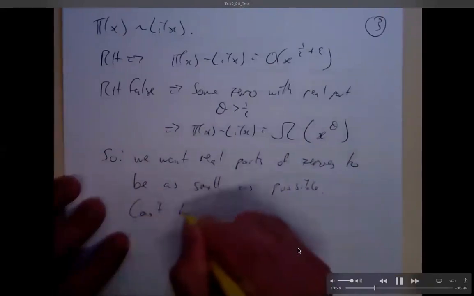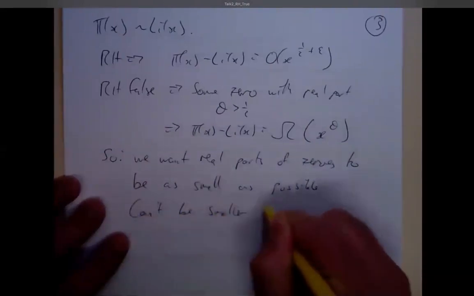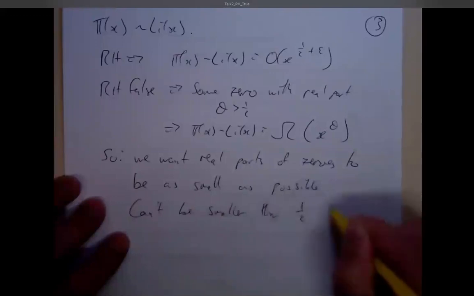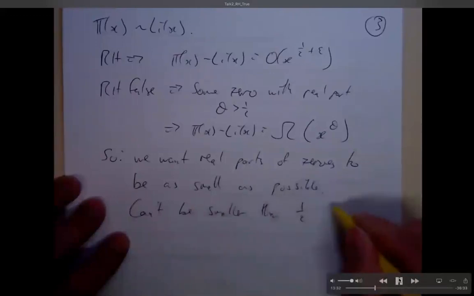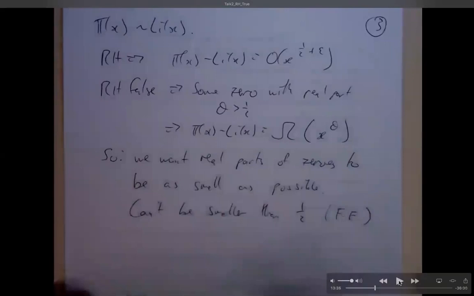We want the real parts of the zeros to be as small as possible. If they were all less than 0.6, great. If they were all less than 0.55, even better. But the best we can possibly hope for is that they're all on the line sigma equals a half. And as I write down here, you can't have zeros with real part less than a half because of the functional equation. Remember I said you had these degrees of symmetry. If I have a zero at, say, real part 0.9, then I have one at real part 0.1.